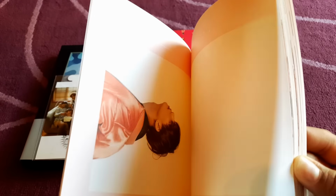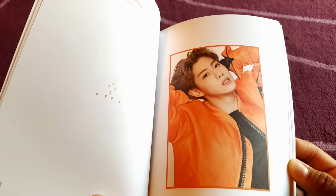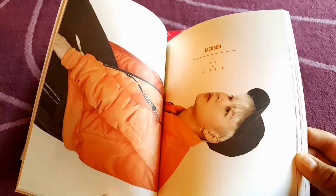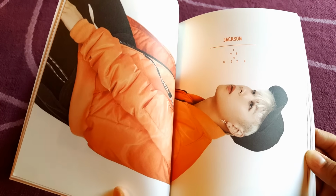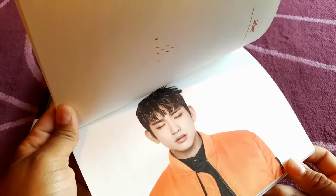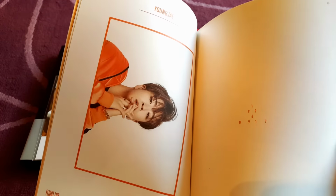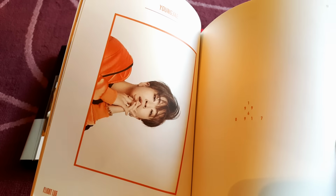Like, bordering on vintage, but not really vintage, but it makes the images pop quite a bit. And that was something I wasn't anticipating. So it makes what is kind of a basic looking picture look really great in person because of the actual quality of the paper itself. And that still takes nothing away from the photography. I think the person who did this, they had a nice in-focus camera, which is something that SM could probably